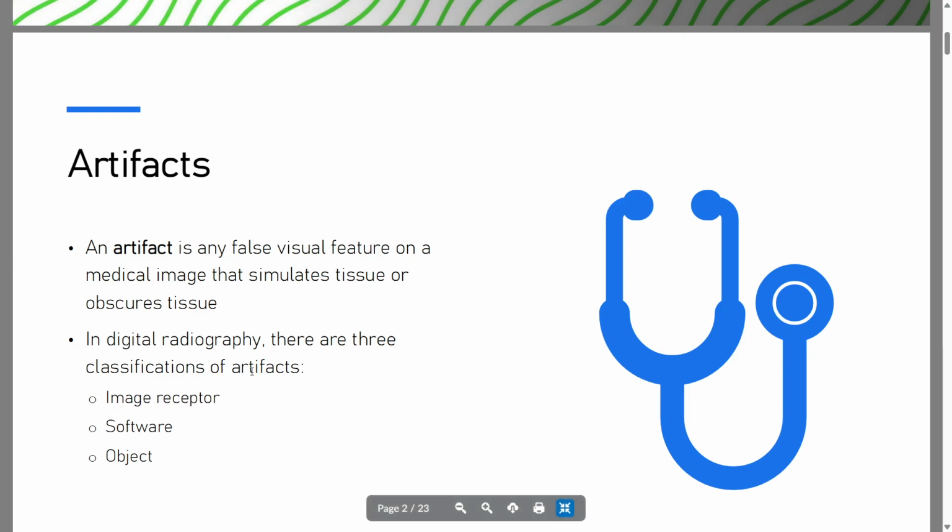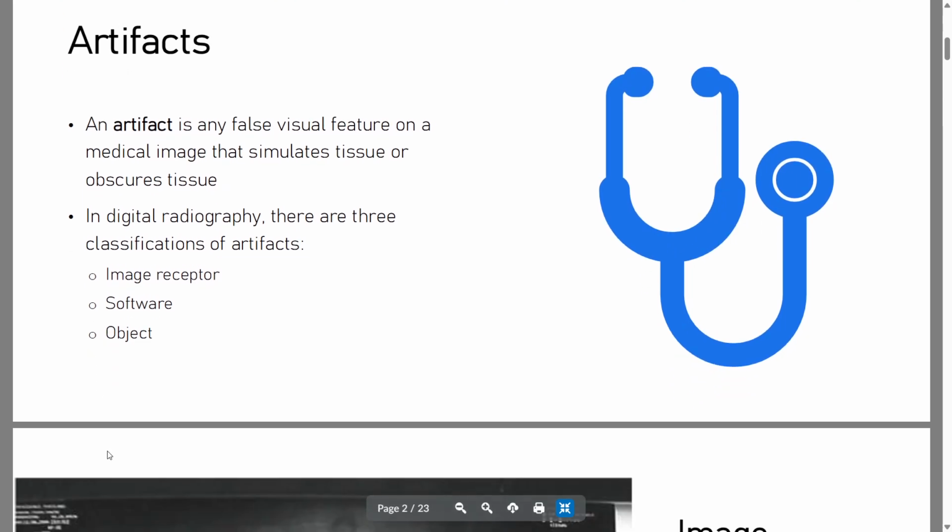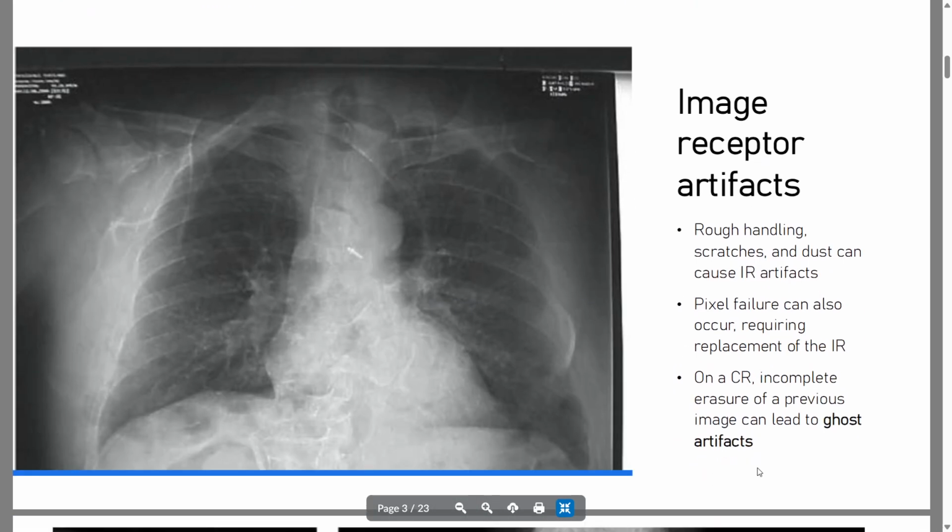In specifically digital radiography, when we're using DR machines, there are 3 specific types of artifacts that we can come across. Those related to the image receptor, those related to software, and those related to objects. As far as image receptor artifacts, there's a reason why that IR board is so expensive. Any rough handling, scratches, or dust that's stuck on those IRs can lead to artifacts. If you drop it or handle it roughly, you can cause pixel failure, requiring replacement of the entire IR board. If you are using a CR machine,